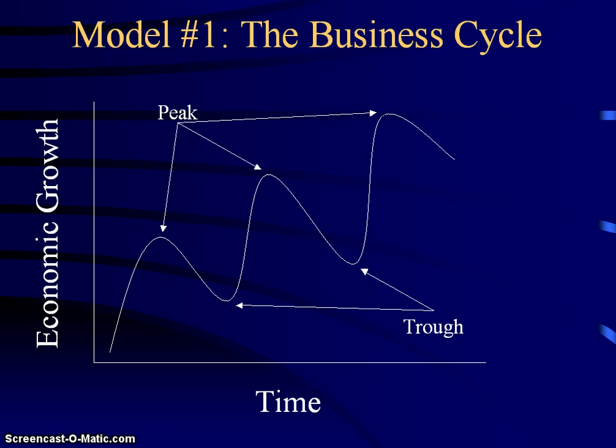If we were to say right now, we're probably between coming out of one of those troughs and headed hopefully toward a peak in our economy. What I don't want to do just yet is explain why, or get too much into these things, but I just want you to know what they are. So the troughs are the low parts, and the peaks are the high parts. And when we're coming out of a trough, hopefully right now, as a matter of fact, that's what's called an expansionary period. We're going to use that word a lot this semester, so get used to it. As the economy gets stronger, even if it's not great yet, if it's going the right direction, that's called an expansionary period.